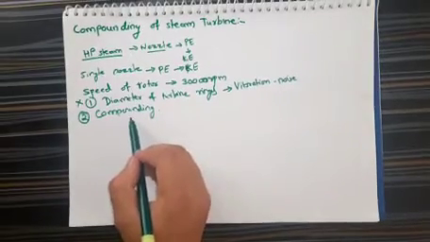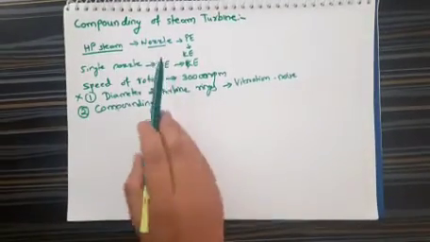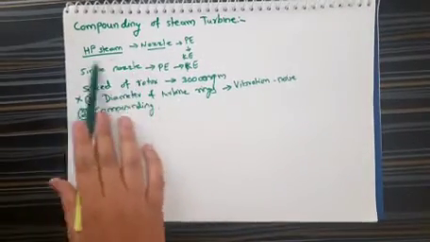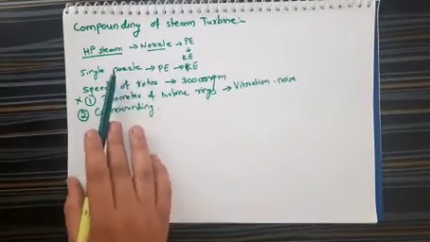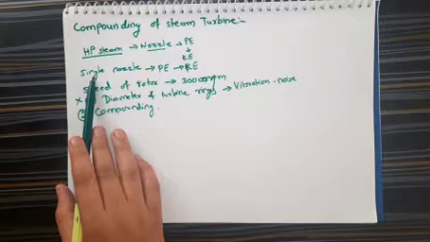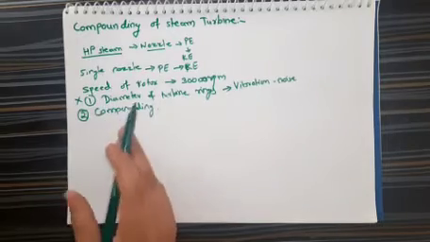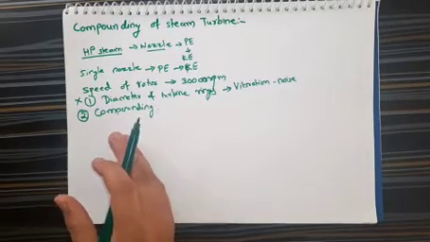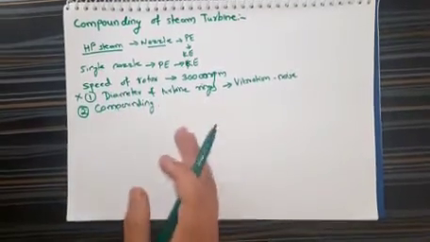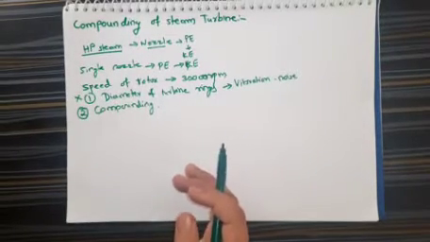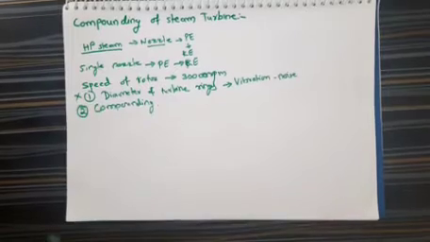Now what is meant by compounding? Compounding means instead of converting this pressure energy into kinetic energy in a single ring of nozzle, or allowing it to drop in a single stage, we will allow it to drop in multiple stages, so that the rotor speed will not increase and we will get the same power at the output shaft.